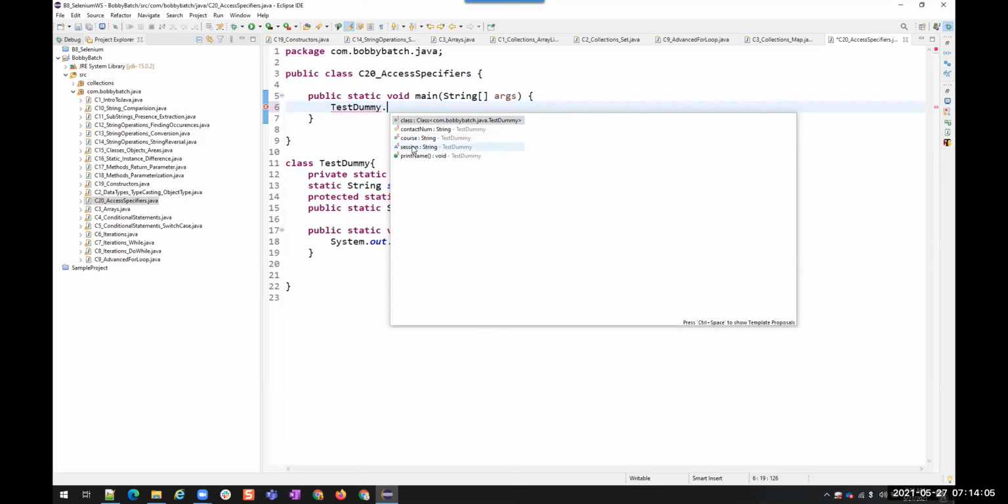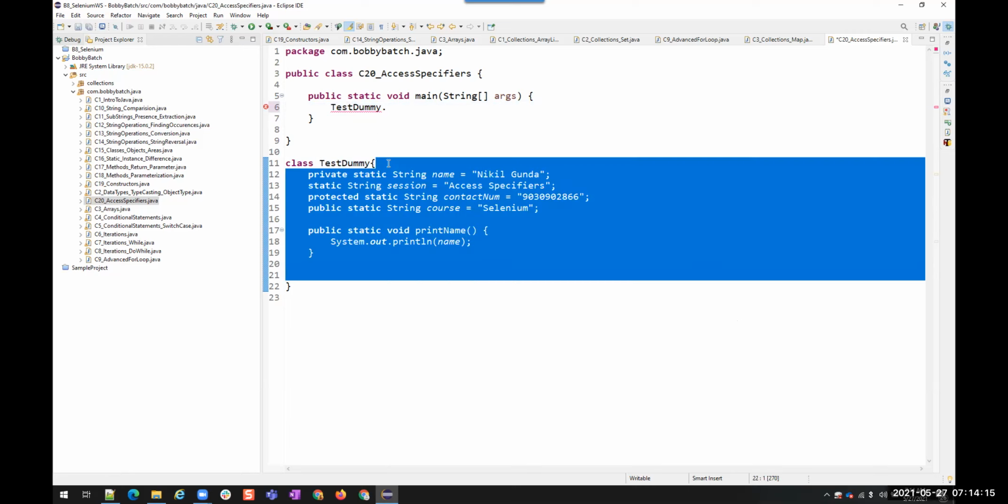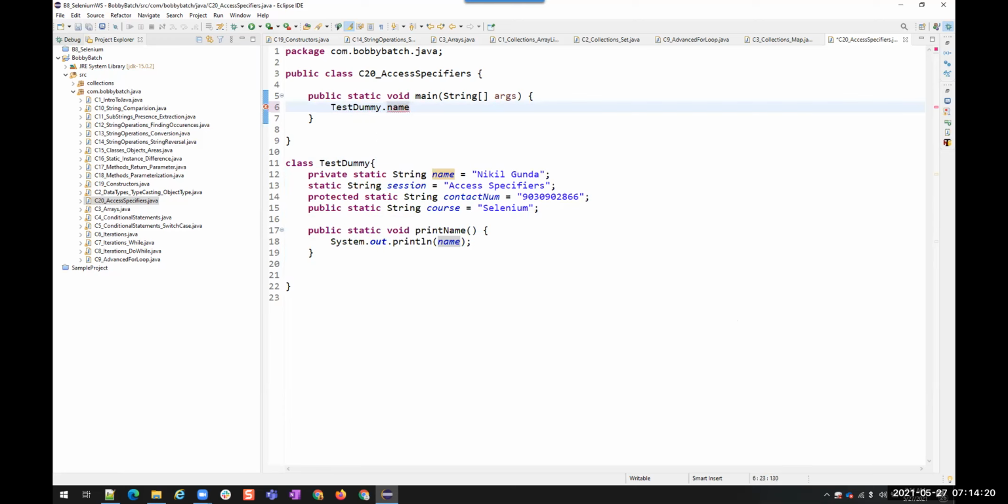No. Because that name variable is private. So when it is private, this private variable cannot go out of this class. That is why you are not able to see here. See, this is not visible. This is not visible because this is private. Nobody else can see. No other class can see these private variables outside of this class.